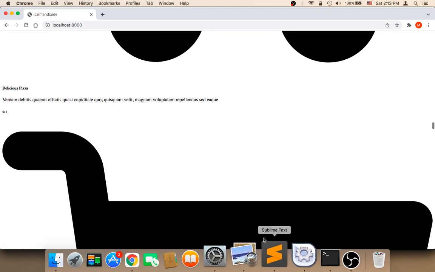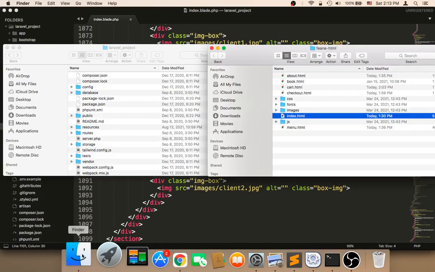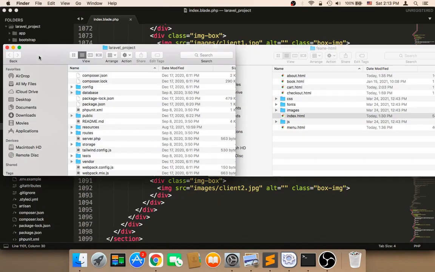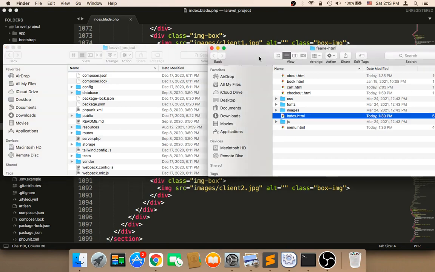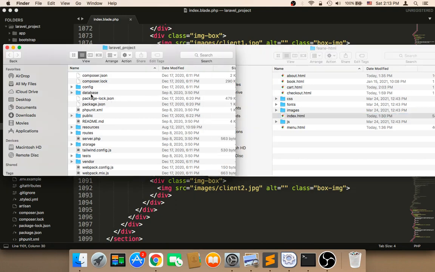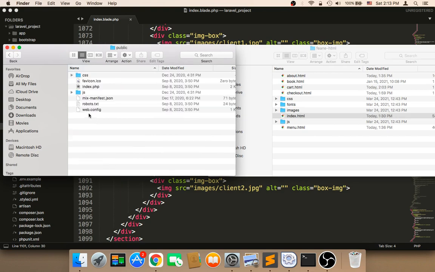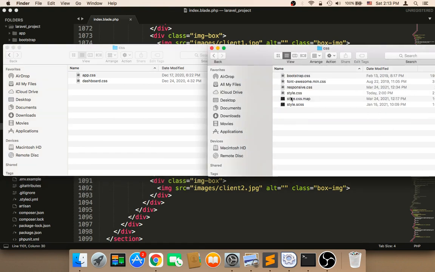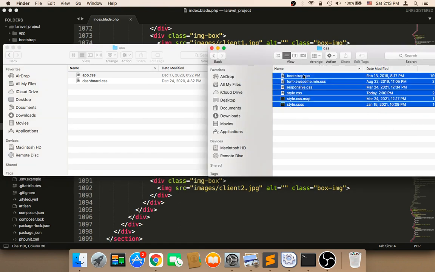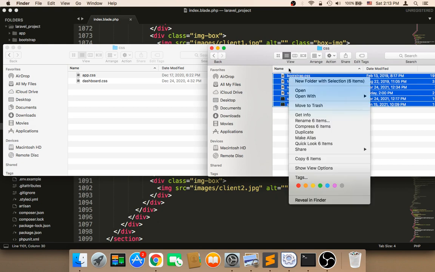So we need to open the template and our project side by side, and then we need to get the CSS code and include it into our project. So first, I'm gonna open our project. We need to open the public, and in the public, we need to open the CSS folder. And then in the template, we need to open the CSS folder, and then we need to copy all of these files, select all of them, and then click on copy,